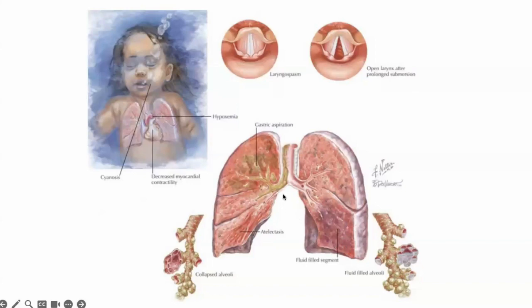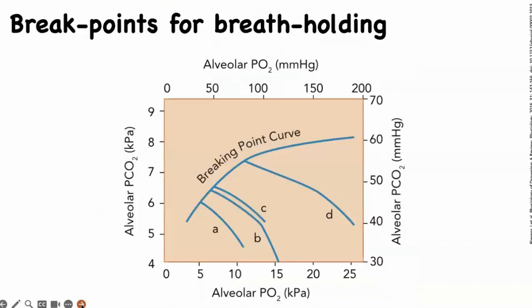The patient also, because of the large volume of water that might be swallowed, can have gastric regurgitation, and there might be gastric aspiration as well. So gastric content in the airway might be found at postmortem too.